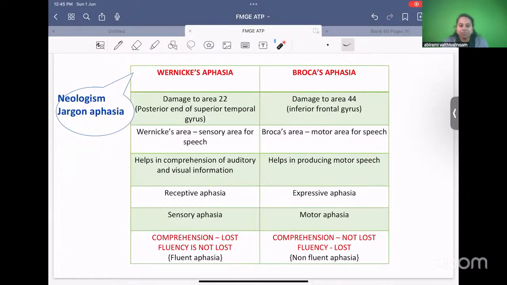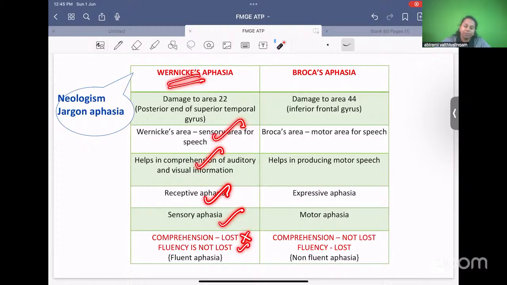What are the differences between Wernicke's aphasia and Broca's aphasia? Already we saw this. Damage to area 22 is Wernicke's. Damage to area 44 is Broca's. Wernicke's aphasia is called sensory aphasia because it is helping you in comprehension. It is receiving the word first, receptive aphasia. It is sensing the meaning of the word, so sensory aphasia. Comprehension is lost,